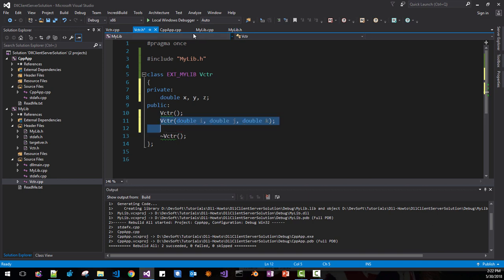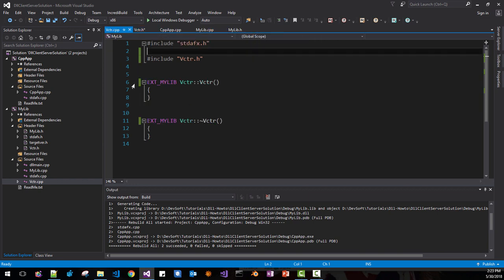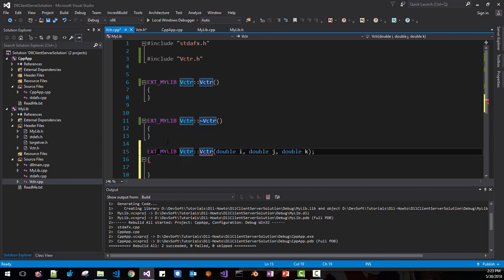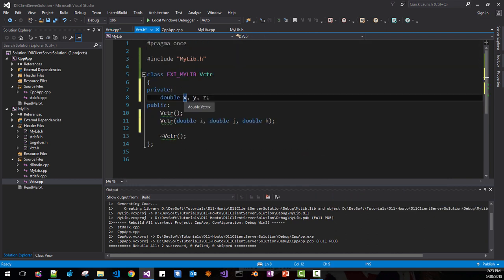I will add one more vector here. I need to copy it. Then we need to set, I'll name mx, my. I'm trying to demonstrate how to share your class,